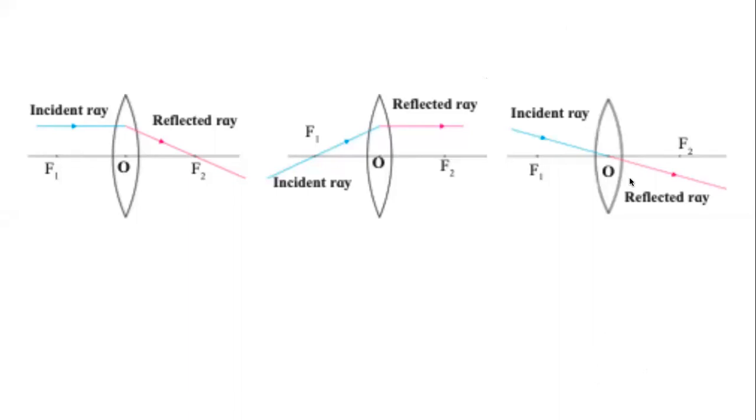All these 3 rules have 2 parts each. One part is shown in blue and one part is shown in pink, red. So the one that is shown in blue, these are the incident rays, and the ones that are shown in red, they are not reflected rays. Last time मैंने आपसे correction करवाया था. Those are refracted rays, not reflected, refracted.